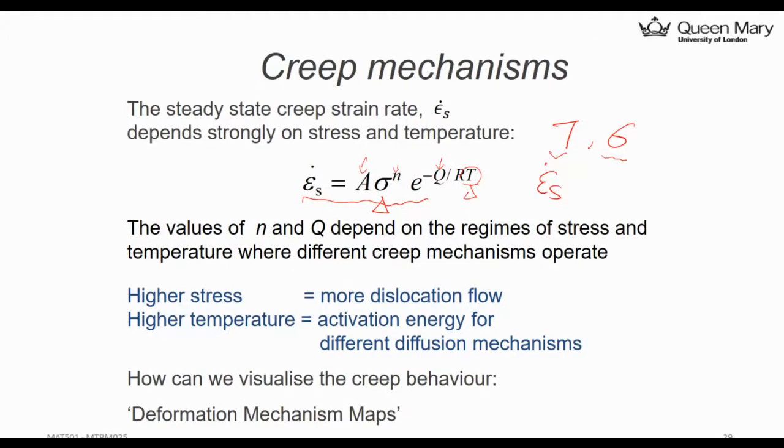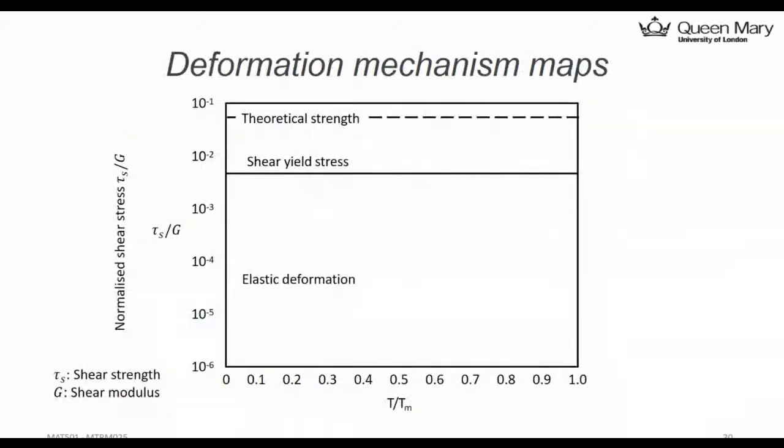So there's a very good map which can summarize all of this mechanism. So let's just do that one by one. So here is the deformation mechanism map. I'm plotting normalized shear stress. By that I mean you plot the shear stress, because for a certain material, you apply